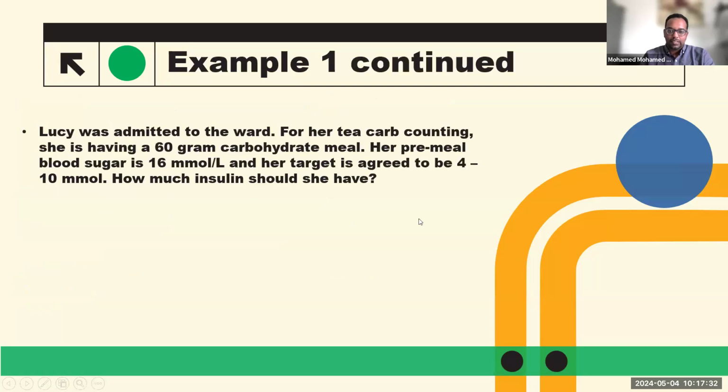So she's having a meal in the ward, and for her carb counting, she's having 60 grams of carbohydrate in the meal. Her pre-meal blood sugar is 16, and her target is agreed to be 4 to 10. And how much insulin should she have? So if you want to correct her blood glucose to 10, let's say,